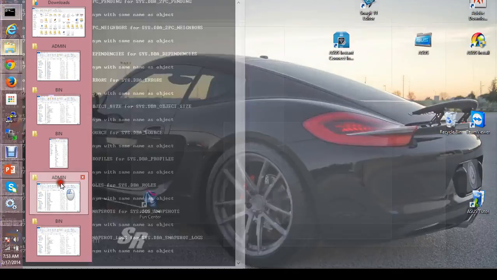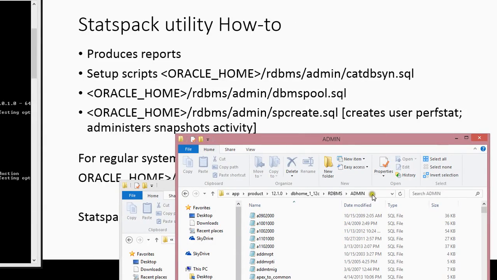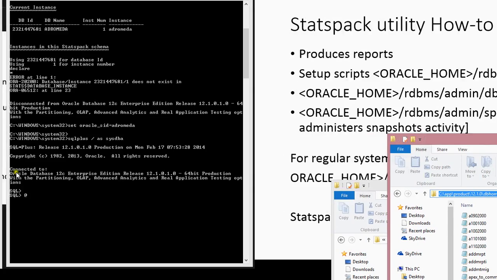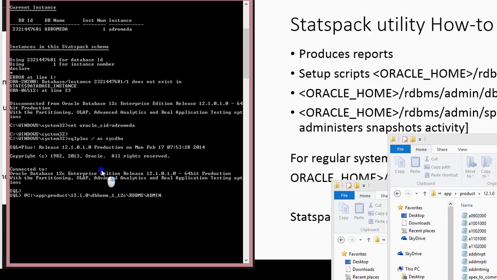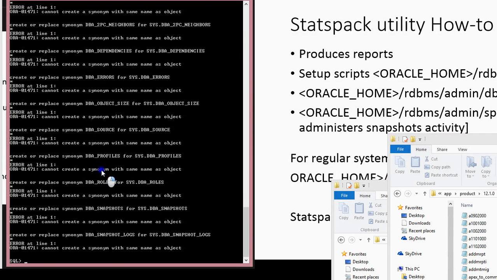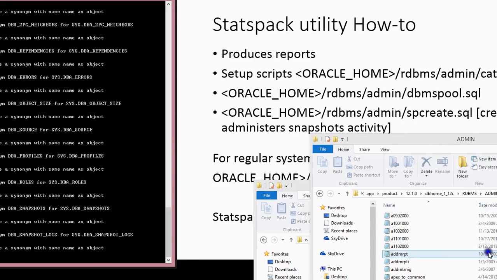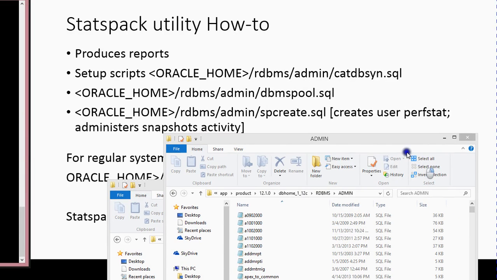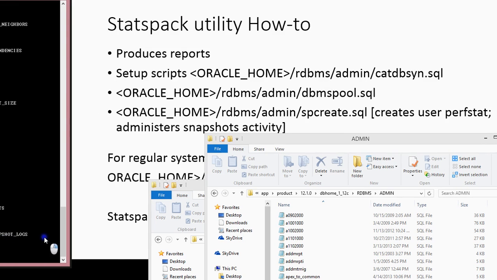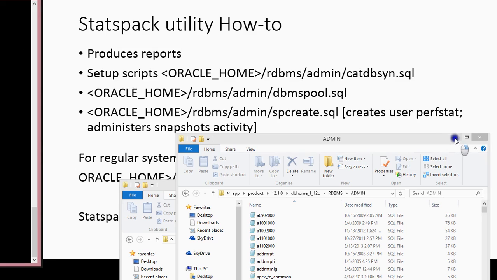I already have this directory also open. I'm going to copy this, and then what I'm going to do is, again, cat db syn. Okay, so again, all these objects are already inside the Oracle database. So the next